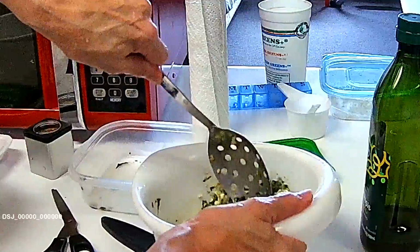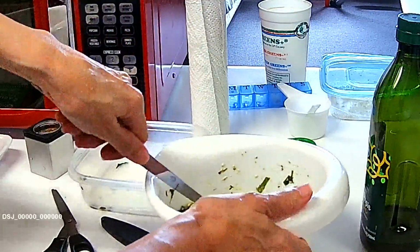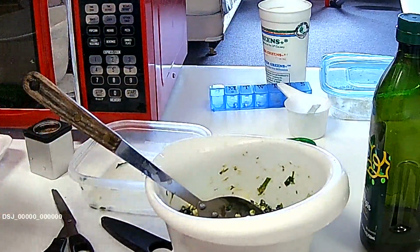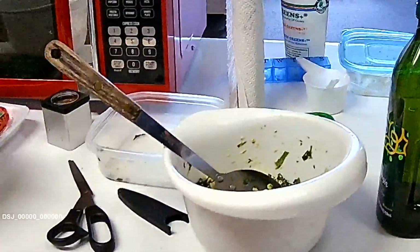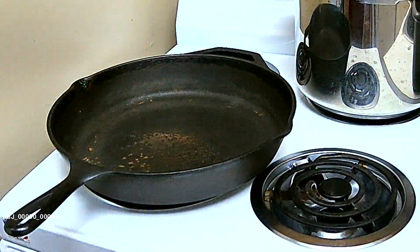Okay. Now, let's go on for the next step. Okay, let me go ahead and get the next step organized. Hold on. Okay, I've already preheated the oven to 400, and I'm getting ready for the next step. And what I'm going to do now is, okay,